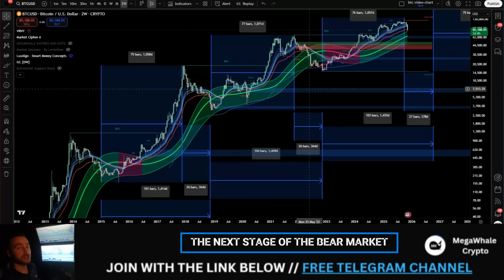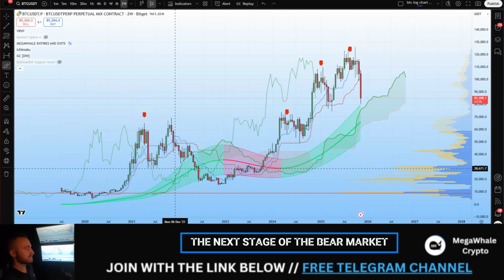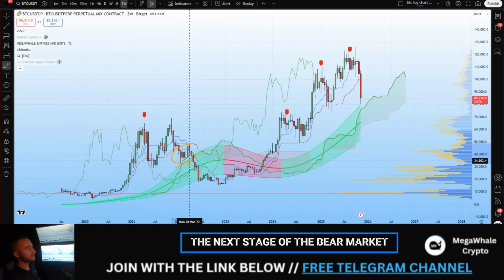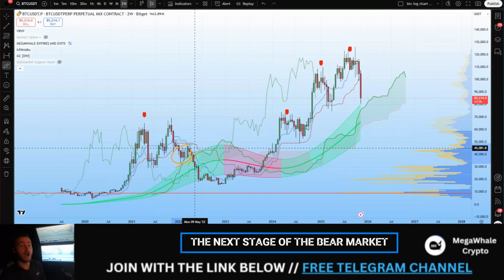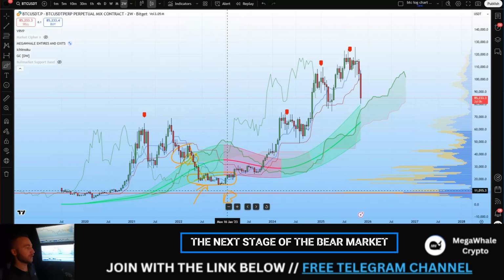we can see that this 2-week level of the Gaussian channel upper band has actually acted as a bit of a support level for the price action to move into a small upward grind or sideways consolidation prior to then triggering the breakdown, which inevitably results in the price action dropping to the lower part of the Gaussian channel and entering that consolidation phase, which we know to be where the bottom